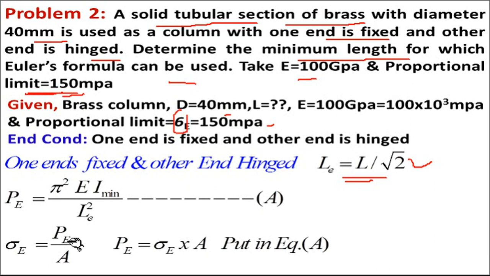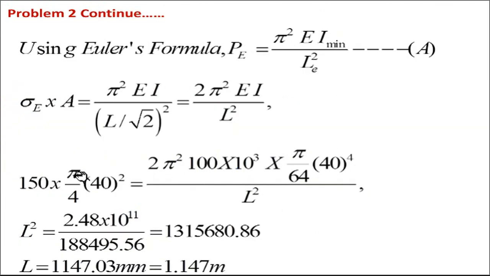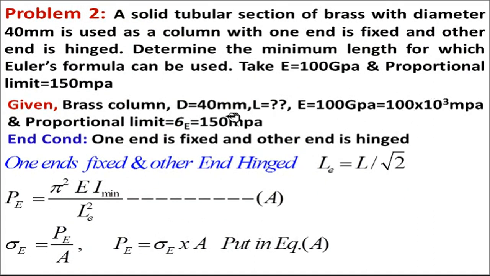When stress is known, you can find out load P. Because here diameter is given, area can be known. So using this Euler's formula, here stress is known, stress is equal to P by A. Here limiting stress or proportional stress is given, so sigma E will be equal to P upon A. So we have to calculate the P value. If this P is known, then you can calculate this length L, because here length L is missing. Minimum length we have to find out. So from this you just find out P because stress is known. So put that sigma E into A. Sigma E is given as 150 in the problem.